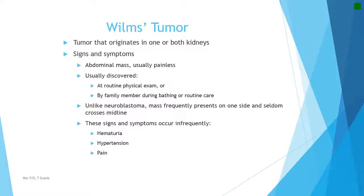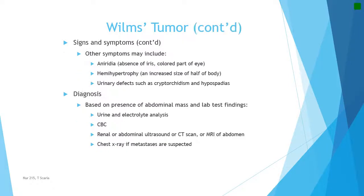So this is why it is very important in every physical examination, as a neonate or in every pediatric visit, we need to palpate the abdomen for any masses, whether present or not. So that is how most of the time a neuroblastoma or a Wilms tumor is diagnosed or suspected at least. These signs and symptoms occur infrequently: hematuria, hypertension, pain, and other signs and symptoms may include aniridia, that is absence of iris, the colored part of the eye,